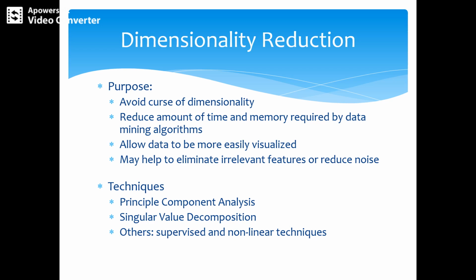First of all, we know that a data set can have a large number of features. Consider a set of documents where each document is represented by a vector whose components are the frequencies with which each word occurs in the document. In such cases, there are typically 1,000 or 10,000 attributes, or components, one for each word in the vocabulary. That is one example.